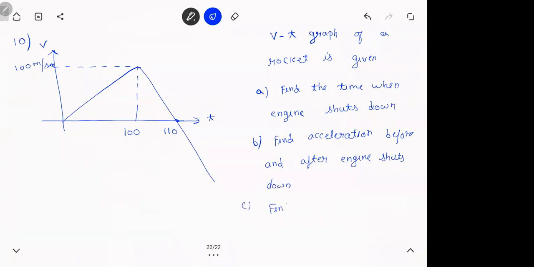Then find Hmax. Now, one thing I'll tell you, I really don't care if you don't get the answer for this question. I'm least bothered. I want you to think about it. I'll give you 2 minutes now. See the question, think about it. It looks totally weird for you because you haven't seen stuff like this, but I want you to figure out what is happening. Try to get at least some parts of it.